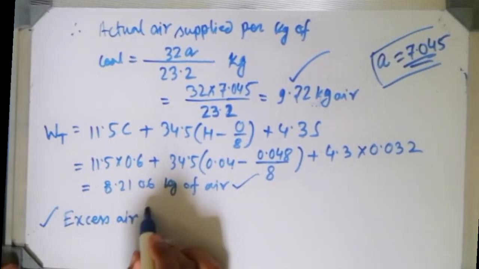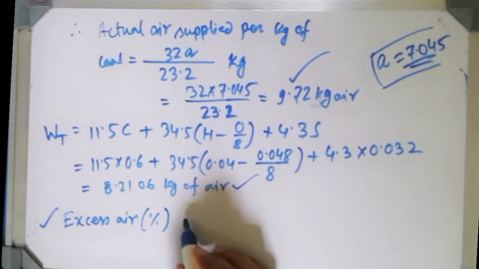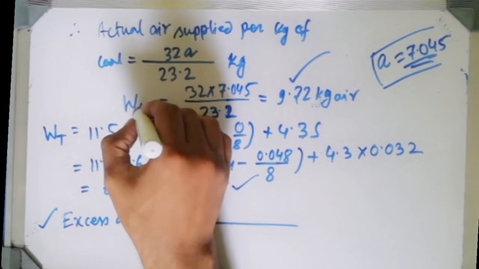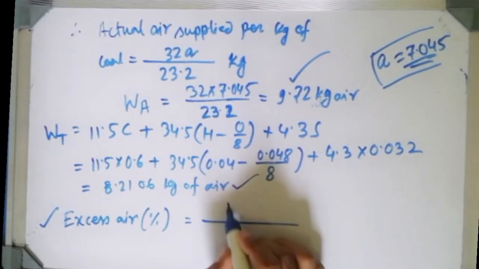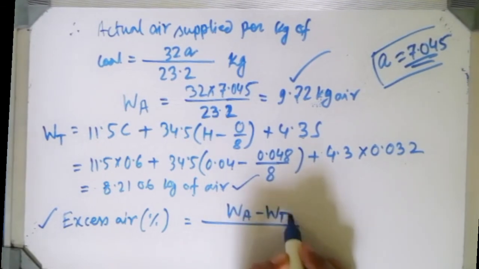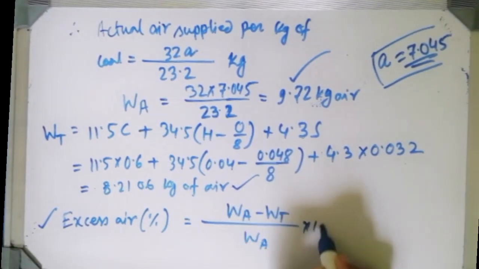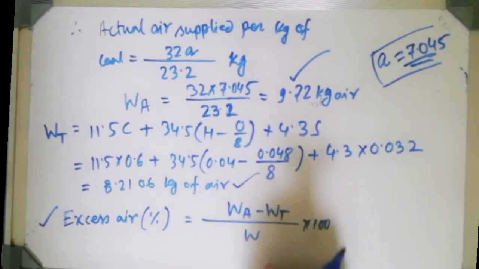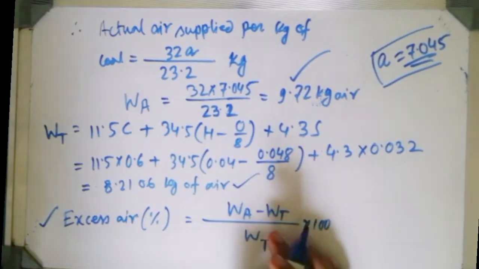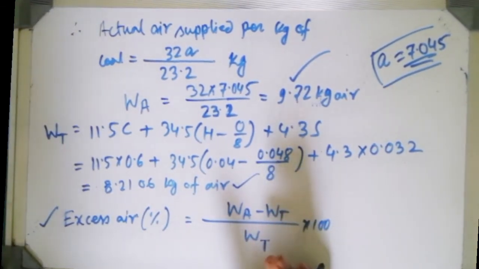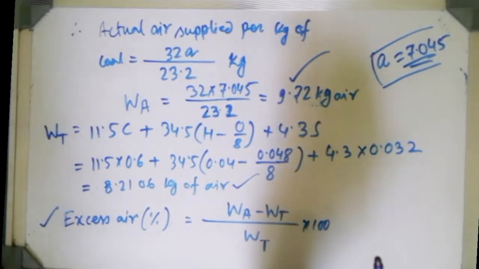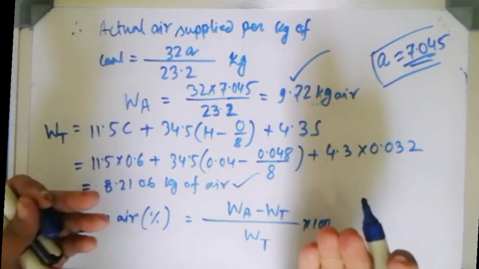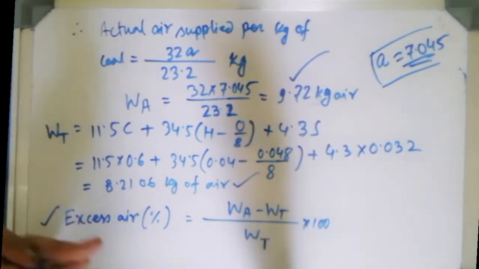Okay, so WA minus WT divided by WA into 100. So that will give you the expression that, the denominator will be WT. Why? Because that increment, the excess amount is calculated based on what? Based on the minimum value, na. This excess, with respect to which it is in excess, with respect to which it is surplus, that has to be put in the denominator. That should be kept in mind, it was taught in childhood. Whenever you compare, that comparison based on which parameter, that should come into the denominator part.